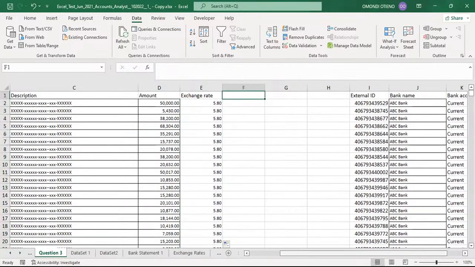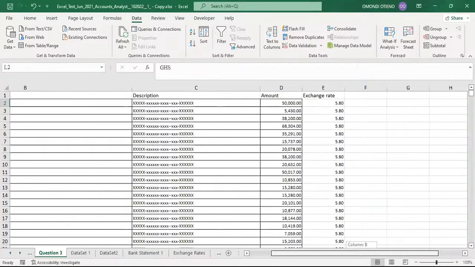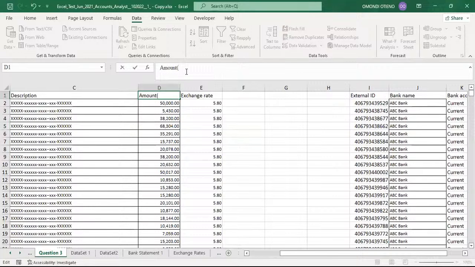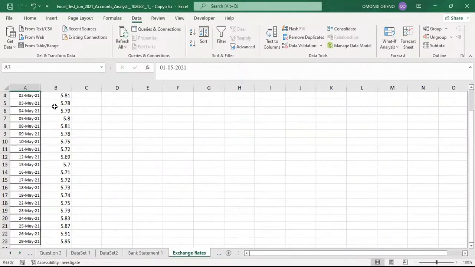So we are now converting it. Remember, the currency which was provided here was GHS. So we now want to convert it to US dollars. This one here was in GHS, but we have to convert our amounts now. Amount to USD. That's what we need to do. So how will we do that? Let's see. The exchange was for every